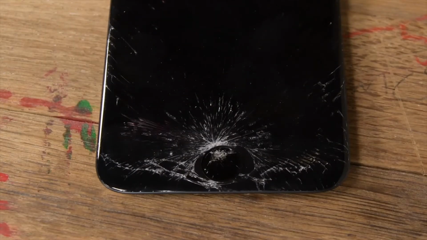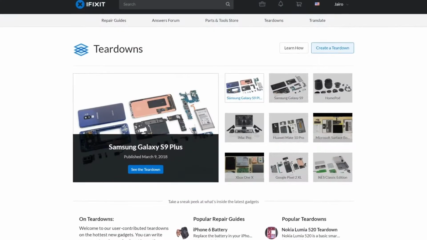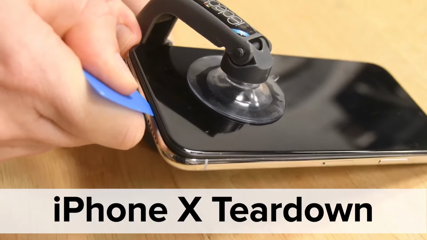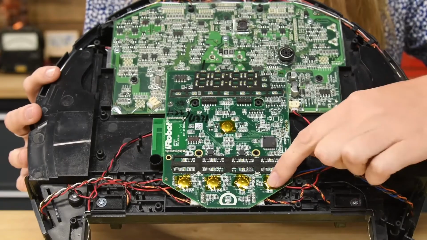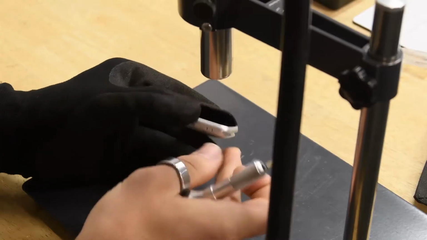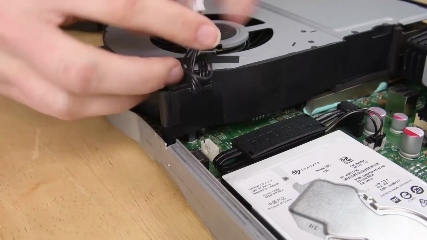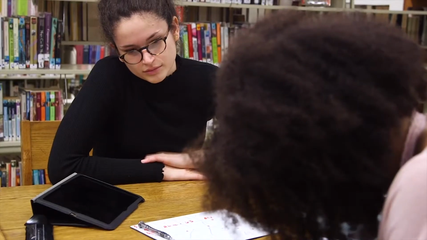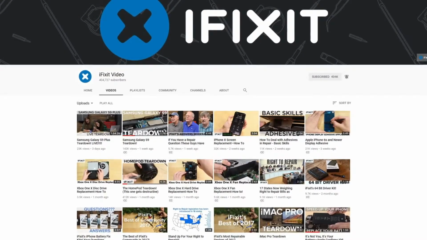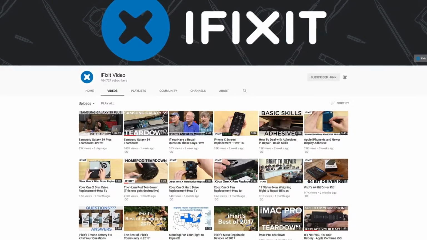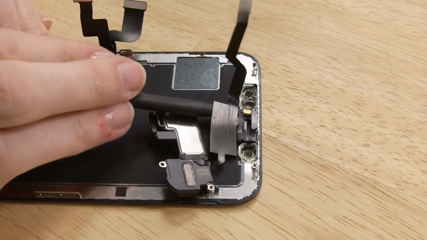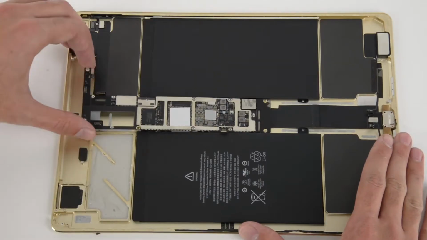Want to know how to replace that cracked screen on your phone? Or maybe you want to know if the newest gadget is worth the sticker shock? Then you've come to the right place. iFixit's team of repair experts and tinkerers are here to guide you through product teardowns and helpful repairs for your favorite devices. We also like to share repair stories and answer your questions during live streams. If you ever wanted to see the guts of your favorite gadgets or learn some DIY repair skills, then check out our videos. We can help you fix anything from cell phones and computers to tablets and game consoles.